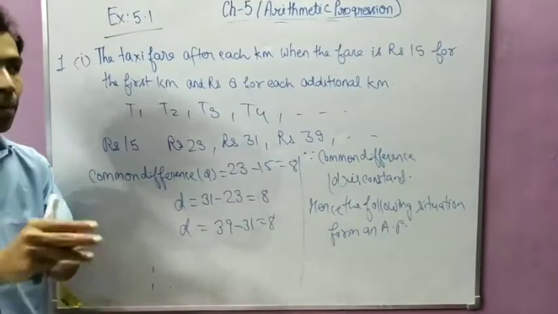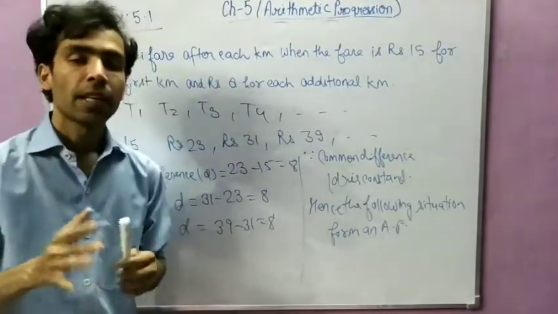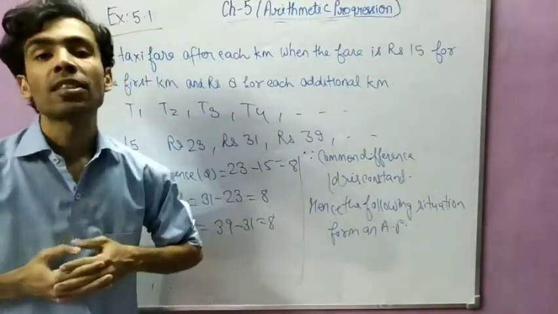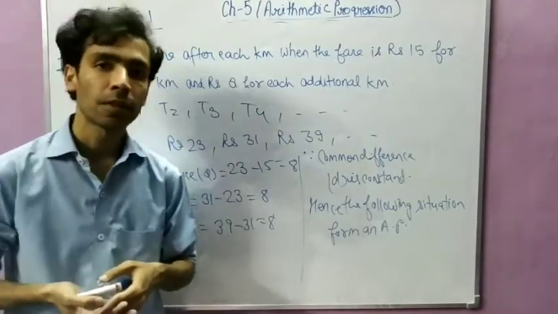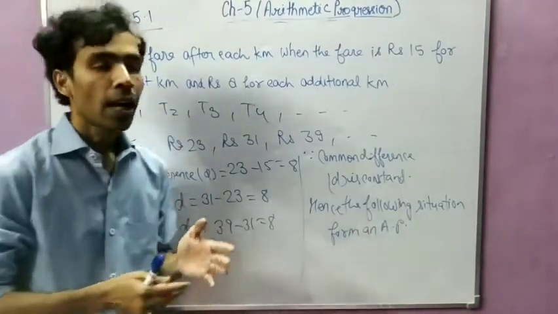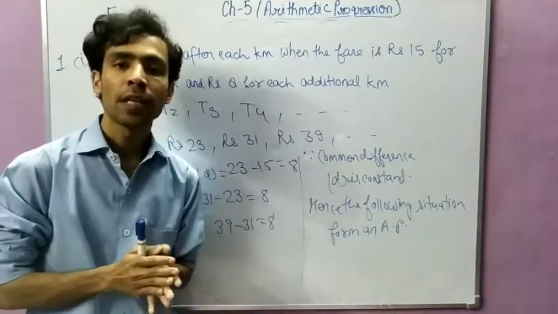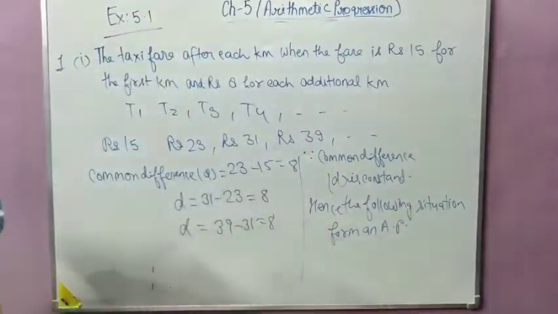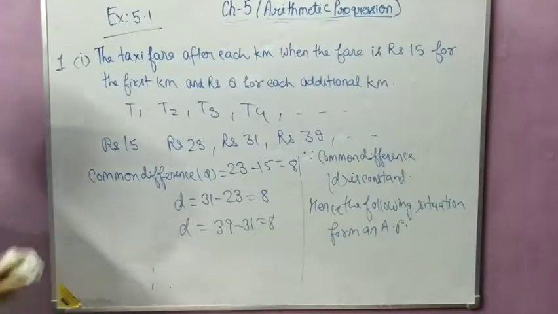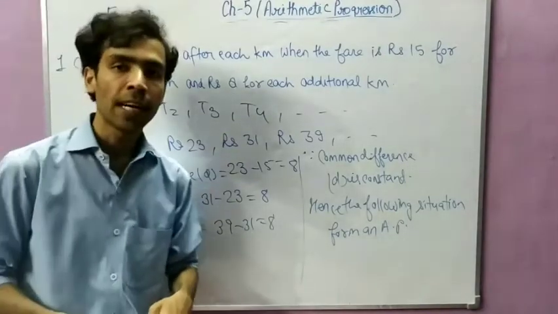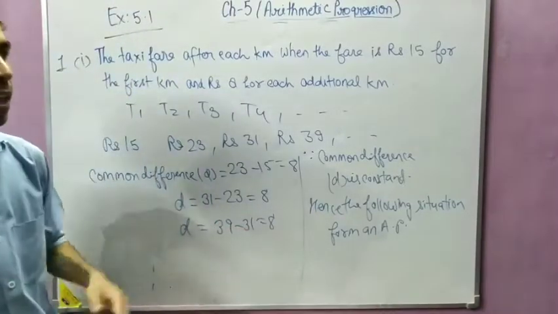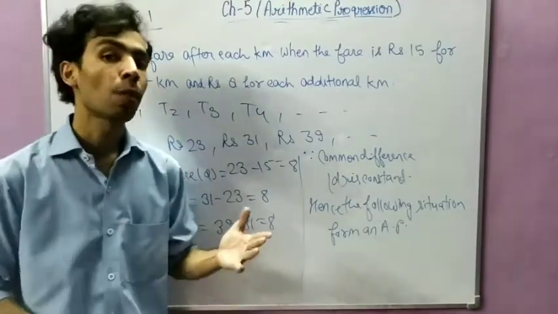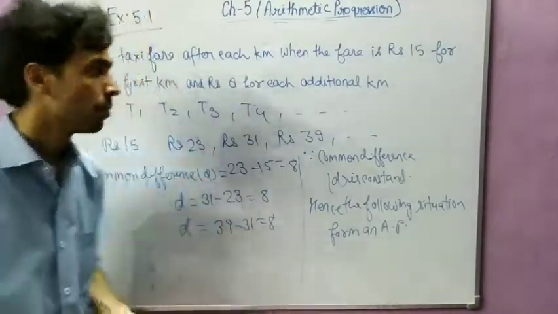Whenever compound interest comes, compound interest never forms an AP. So the fourth part is based on compound interest. The first part I told you, and the remaining parts you can do by yourself. Four parts are there, and I told you how to show one. If they are in AP, then you write that because the common difference is the same, they are in AP. If they are not forming an AP, it means the common difference will not come the same.